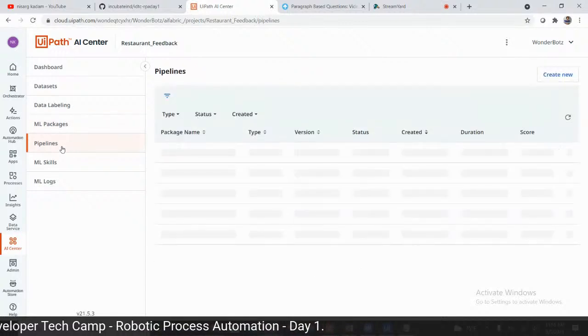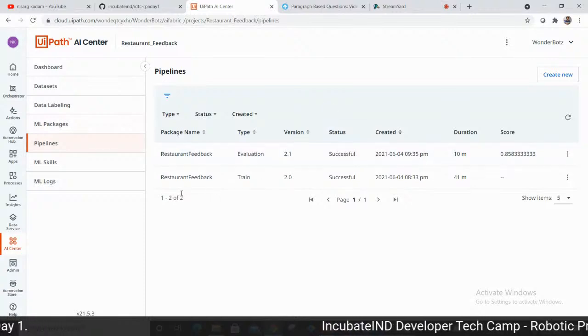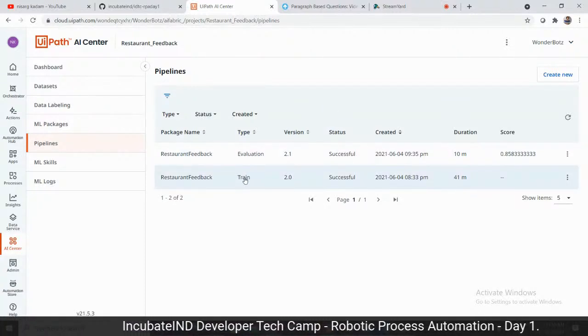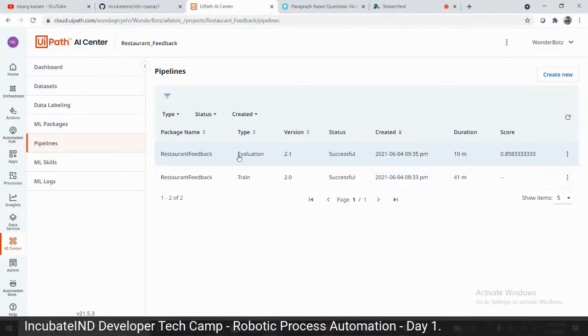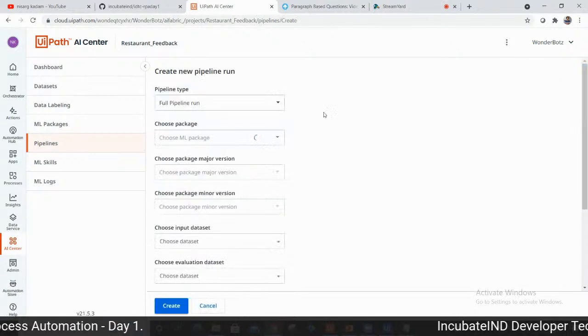You have to click on pipeline. Now in the pipeline, all you have to do is create two pipelines. The first pipeline that I created was training the data. The second pipeline I created was evaluating the training data. The first pipeline, train data, how to create? Click on create new,